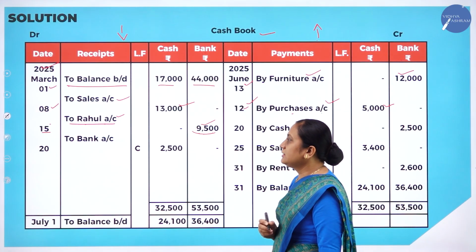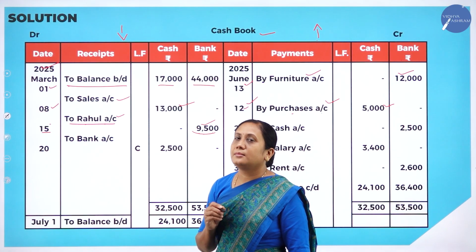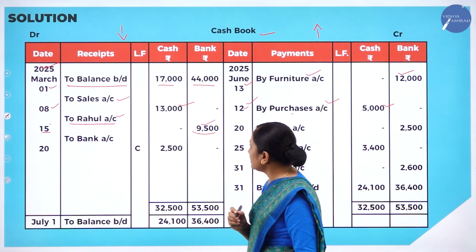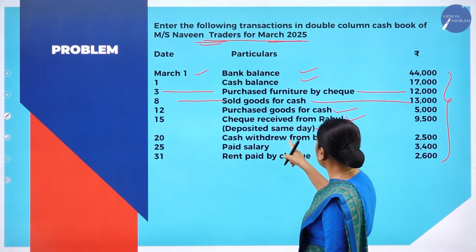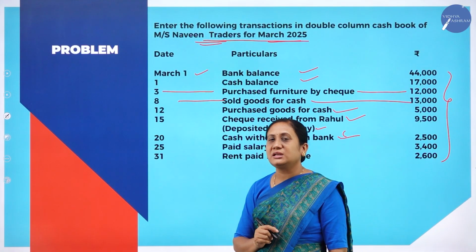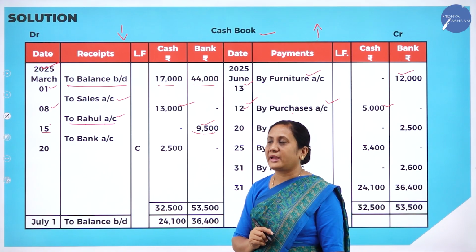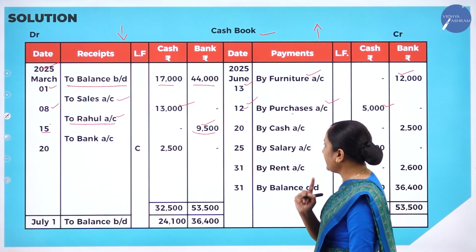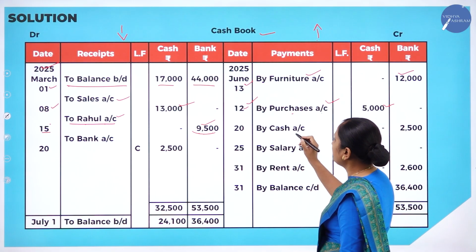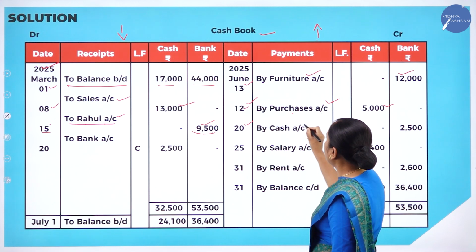See here, they are withdrawing cash. What is the transaction given? Cash withdrawn from bank. They are withdrawing cash from bank. Correct. So first we will enter here. Write the date. By cash account